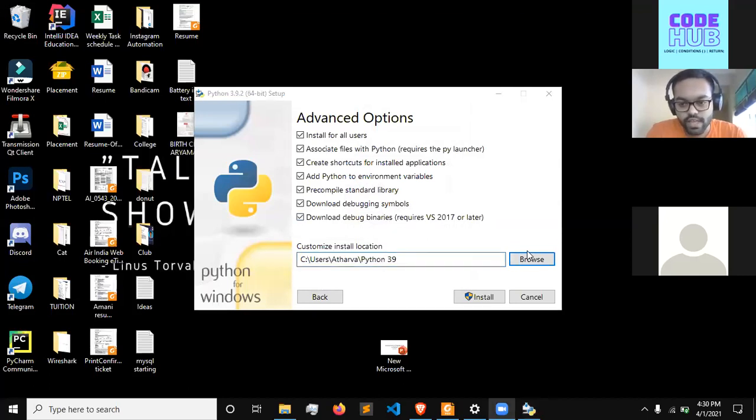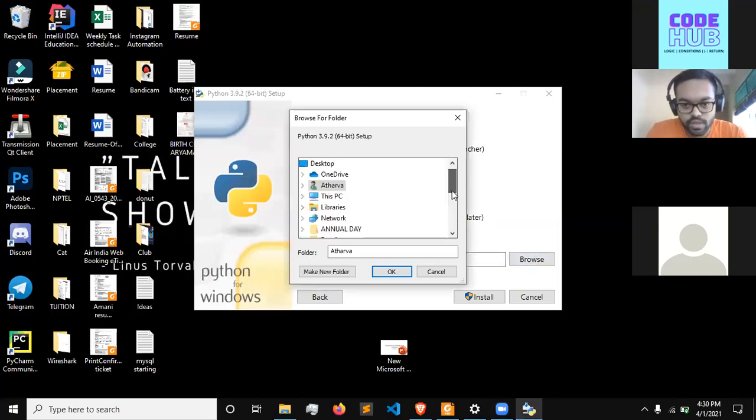See, browse, यहाँ पे एक browse बटन है. Browse, हाँ, आ गया. It lets you browse all the computer का जो भी है. तो आपने this PC, means your PC जो भी है, उसमें all the drives can be accessed. Local disk C जो भी होगा, D, E, F, G जितनी भी drives हैं.